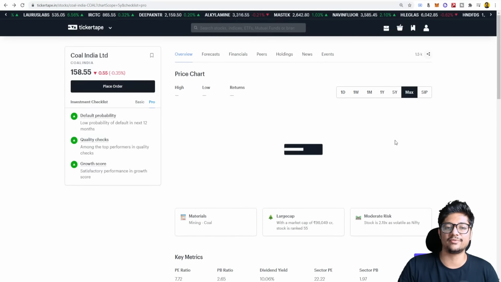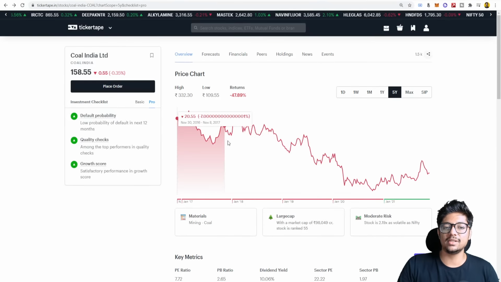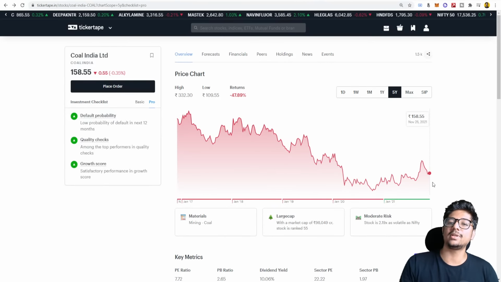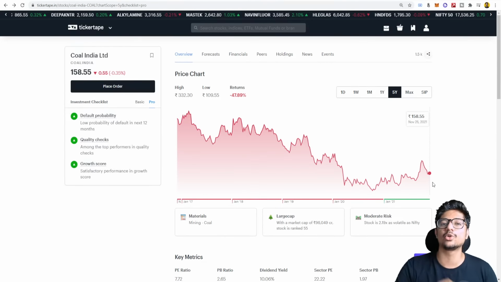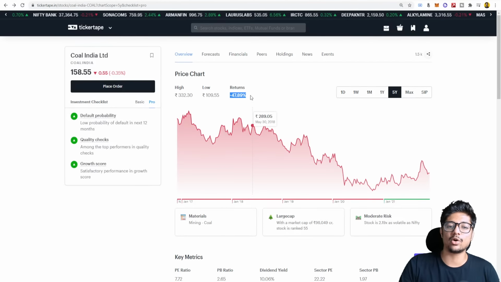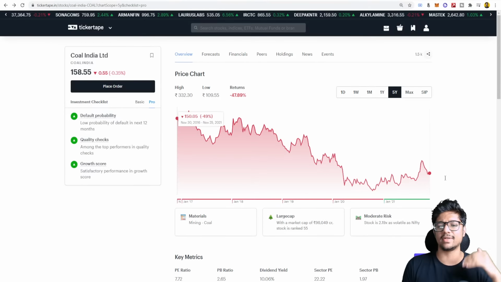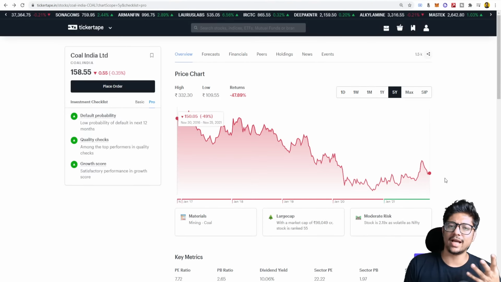Even if I do last 5 years chart, I'm not going to look at last 1 year, but if I do 5 years chart, the capital, if you see, is slowly going down. Your capital would have gone down, right? Your capital erosion would have happened. So if you had invested some 1 lakh or 1 crore into this stock, your capital would now be 50 lakhs, right? Now you need to understand, if I had invested 1 crore into this stock, and now if my money has become 50 lakhs, it fell from 377 to 158, I've lost 50 lakhs.